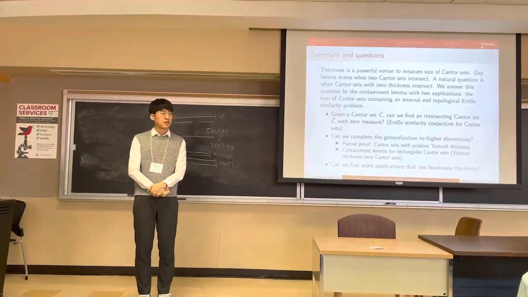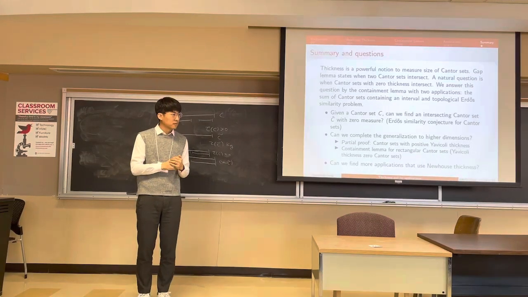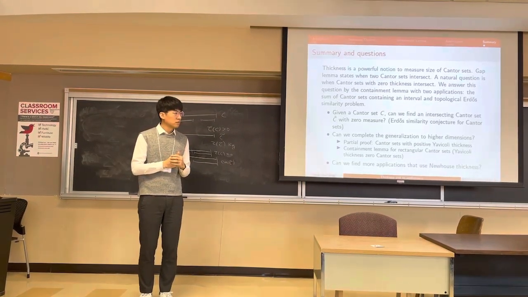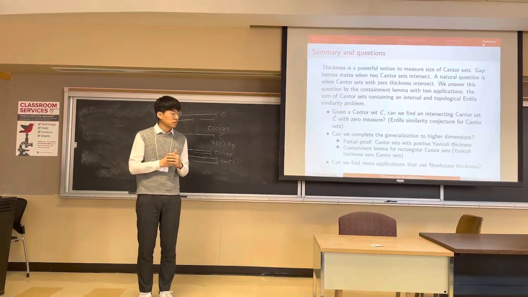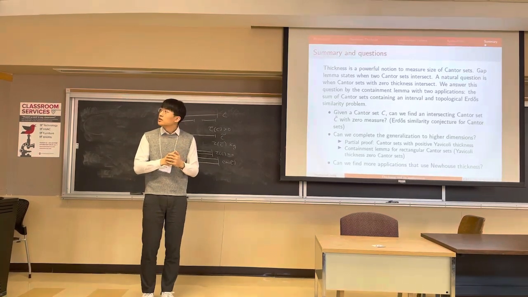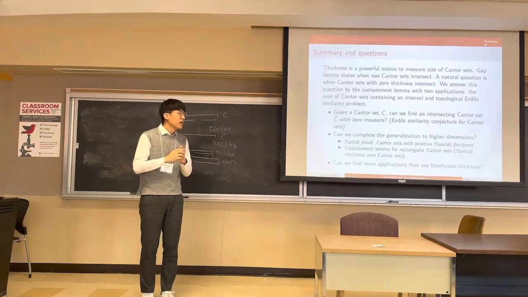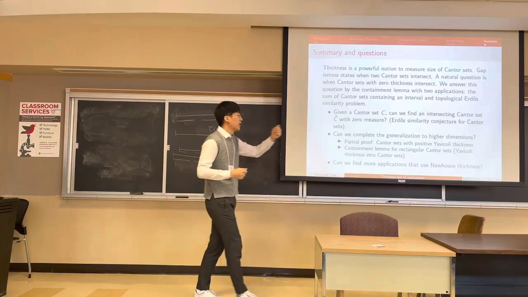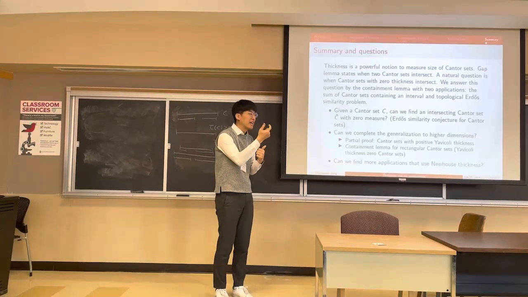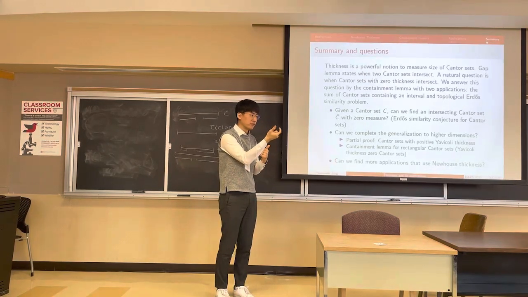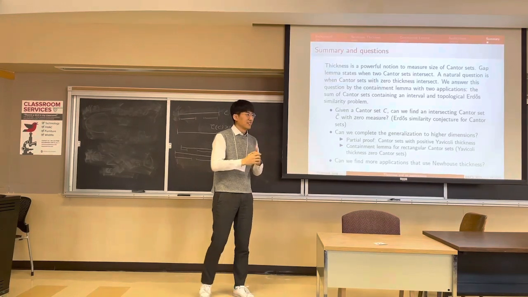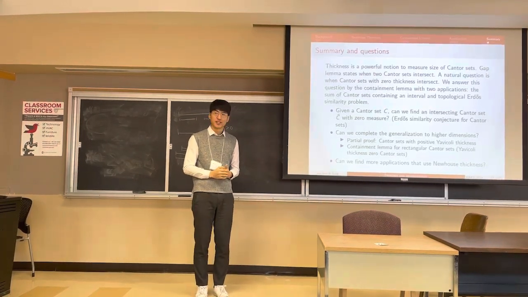Any questions? So probably I'm just not understanding what these words mean, but for the first question, can't you just pick a point in C and make that the left endpoint of the standard Cantor middle third set, which has measure 0, and then intersect? Right. So that would definitely intersect. But actually, if we want to prove the Erdős similarity conjecture, what we actually have to do is it has to be robust under a certain amount of translation. So yeah. Thanks for your question.